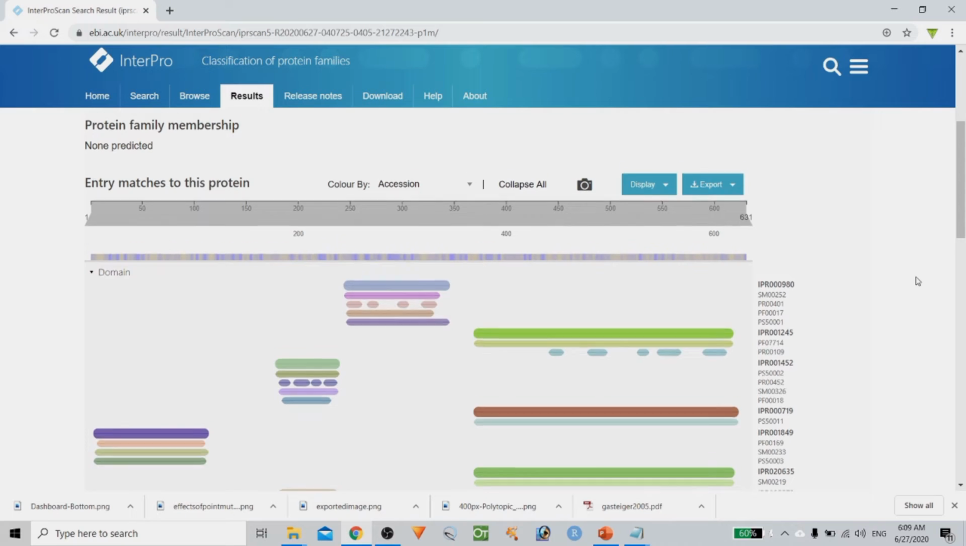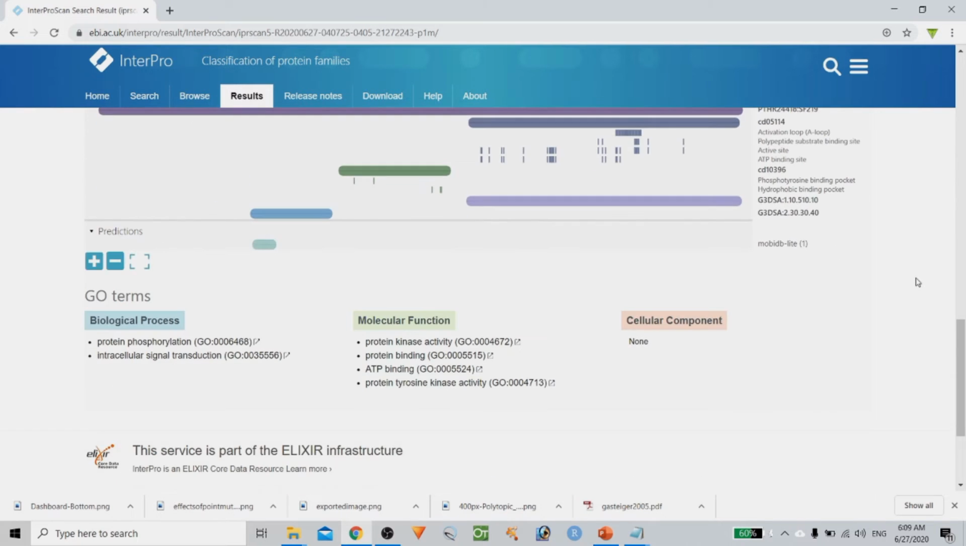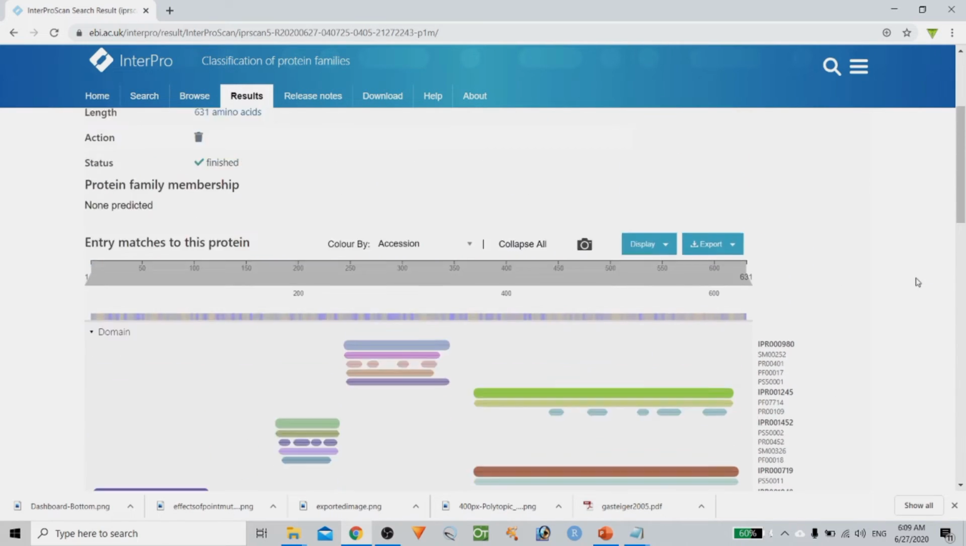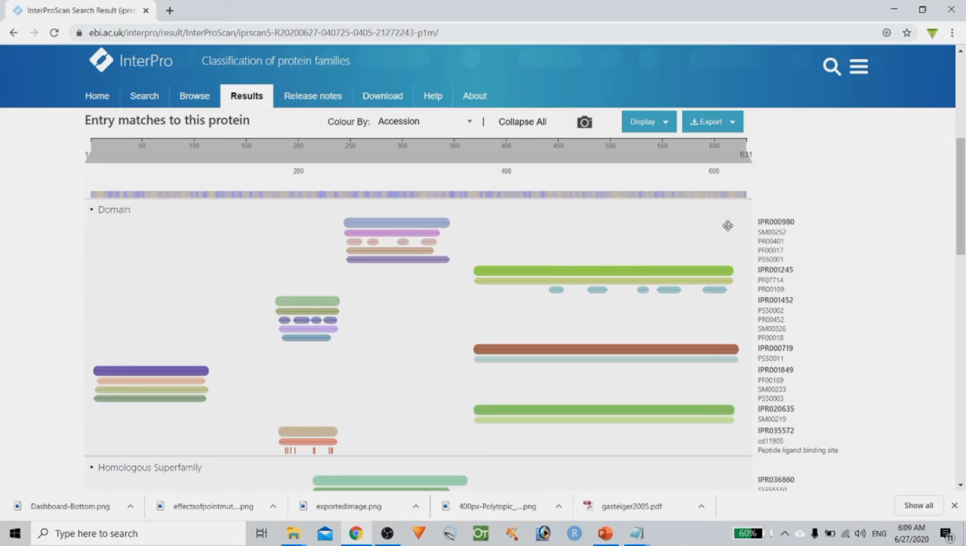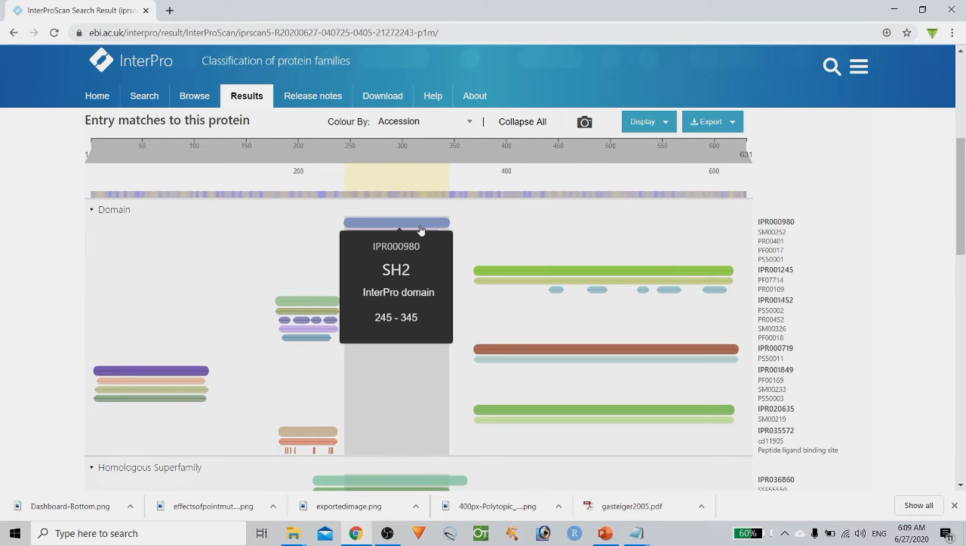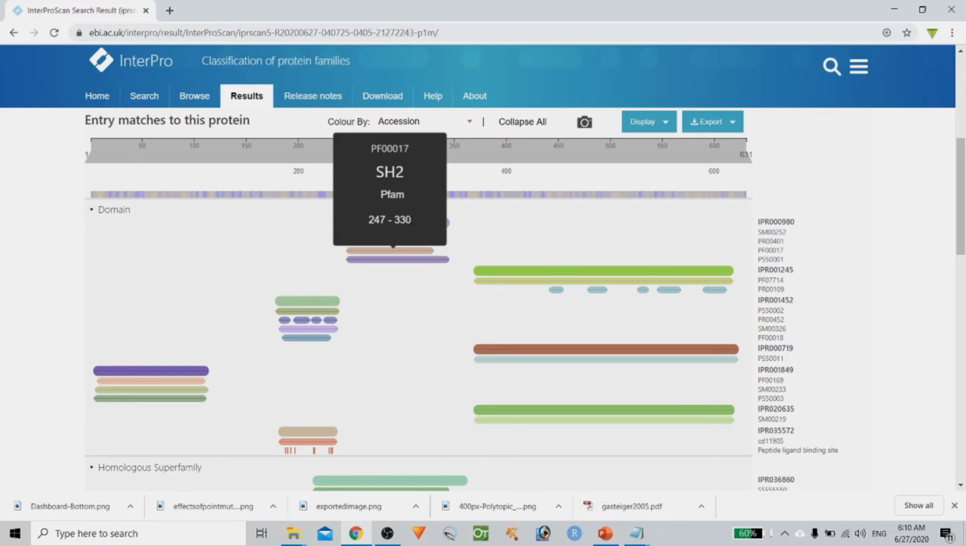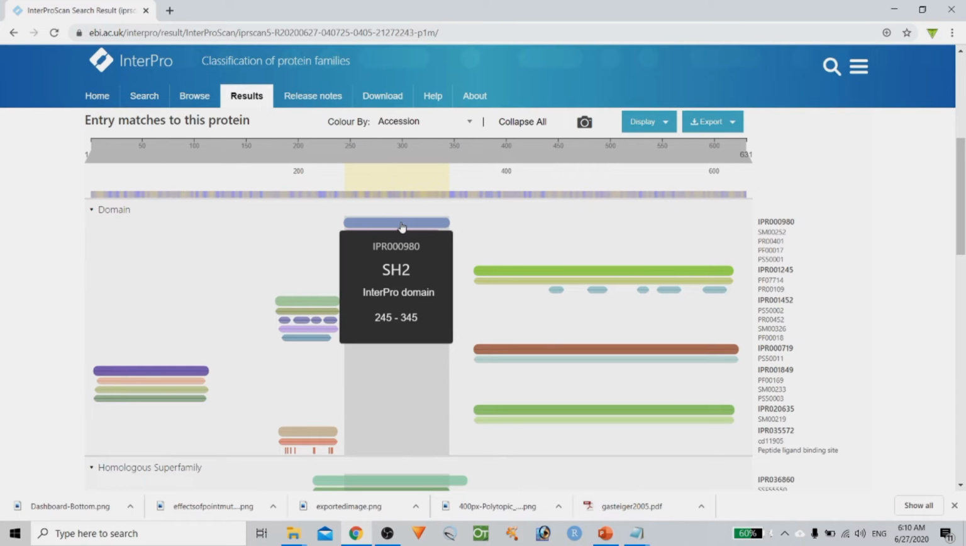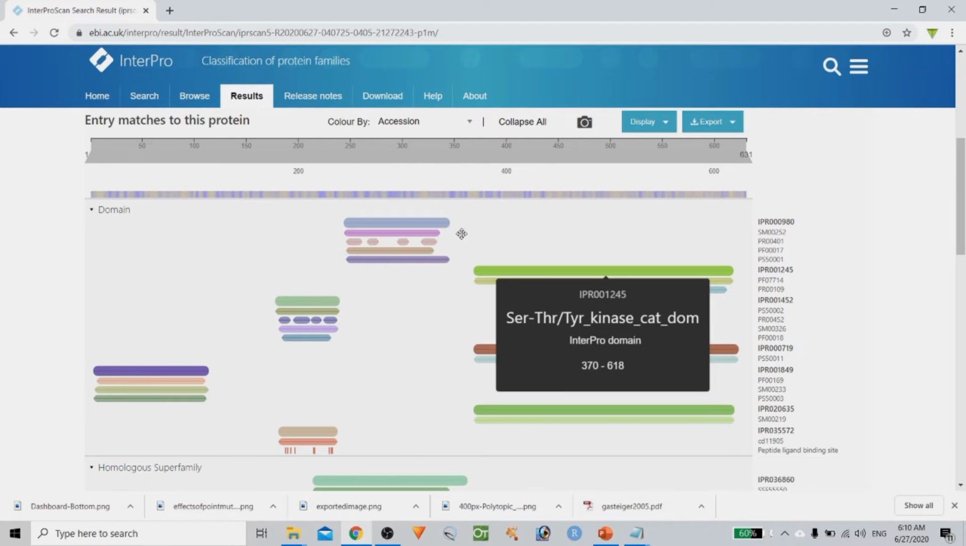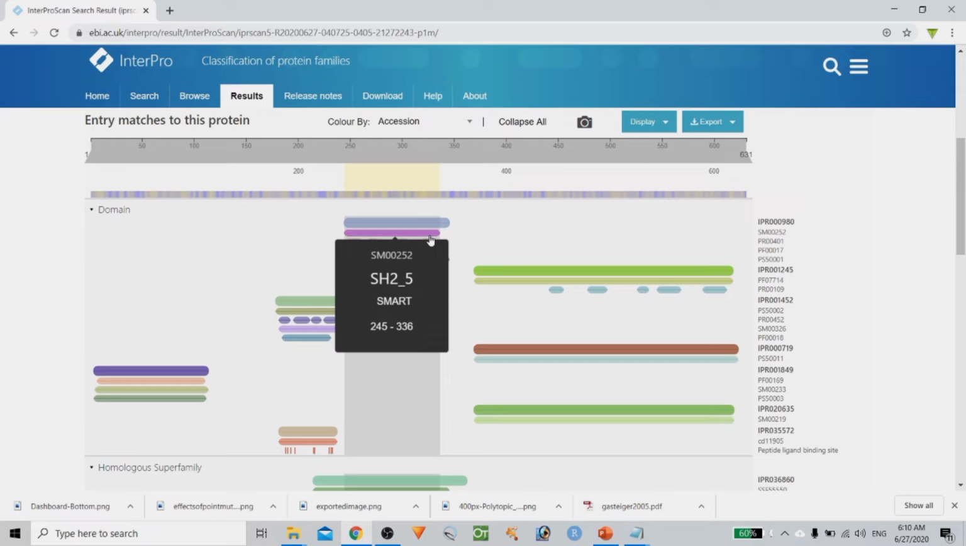So you can see here it will show you beautiful figures, various domains along with the various databases. You can see the SH2 domain predicted by the InterPro domain from the region of 245 to 345 amino acids. If you scroll down a little more, it will show you the SMART database has predicted it similarly, almost identical to InterPro. It's predicted as